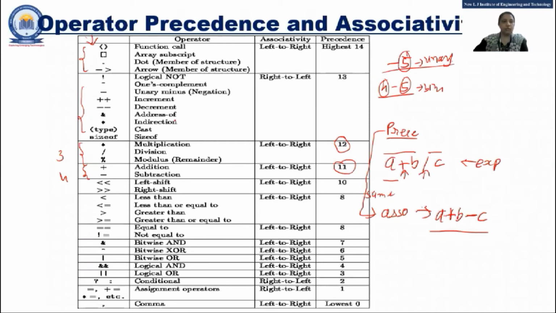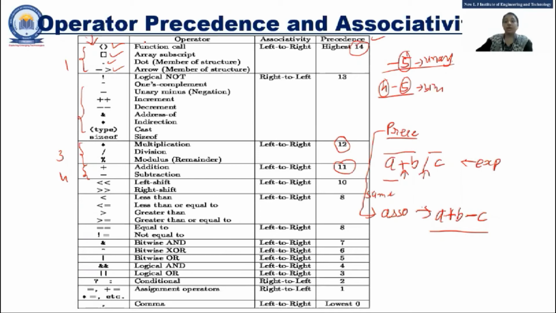Fine. So here you can see that each operator has a specified precedence. The highest priority belongs to parenthesis, square bracket, arrow operator and dot operator. So you should know the priority, that is the precedence of operators, and what associativity is.